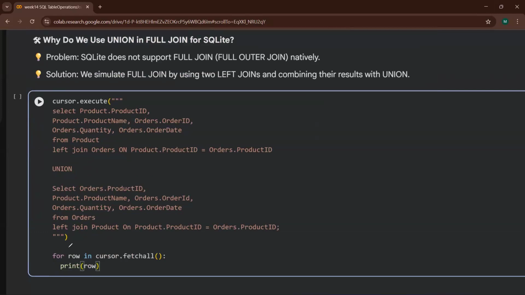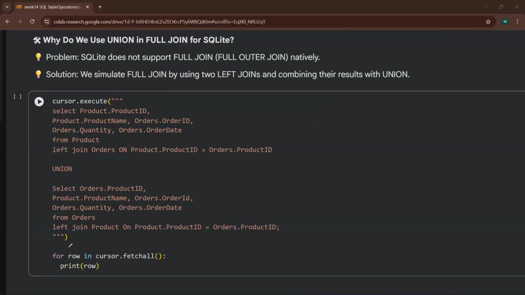First of all, we will just create the query. Inside that, first of all, you will take everything from the product table: product ID, product name. If you want category, take category as well. Then from the order table: order ID, quantity, order date.